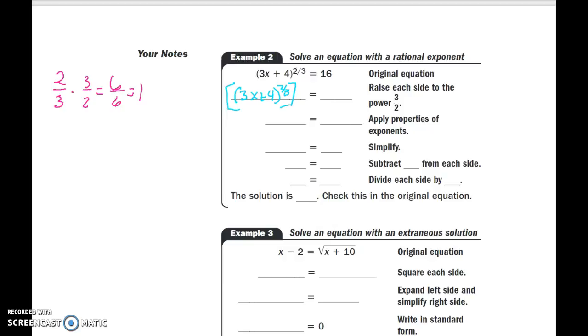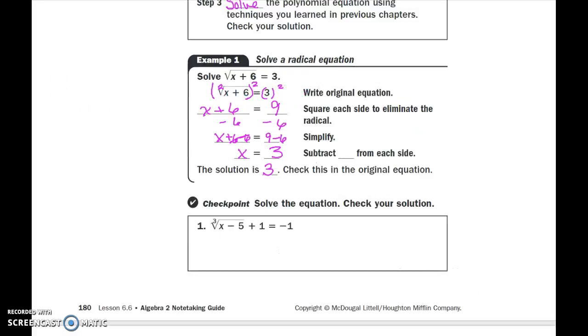I'm going to use my power of a power rule, and I'm going to use my reciprocal idea, and I'm going to take this side of the equation and I'm going to raise it to the reciprocal power. So the reciprocal of 2/3 is 3/2. Well, of course, this is an equation, and what I do to one side,